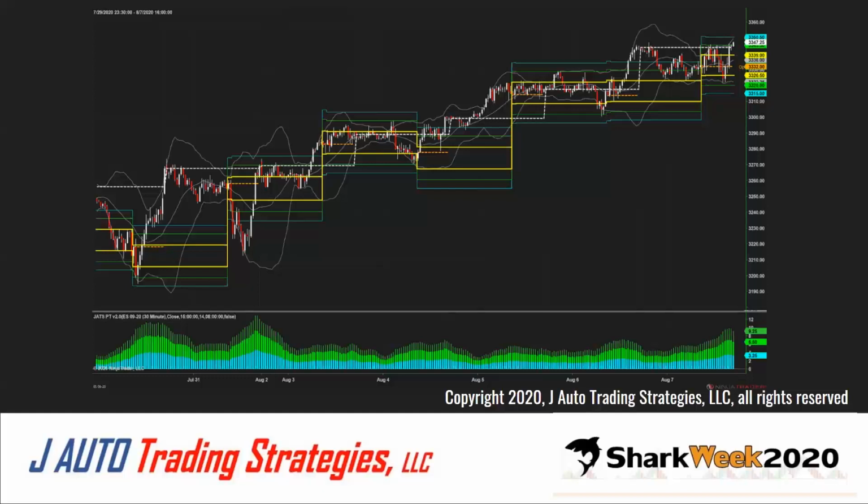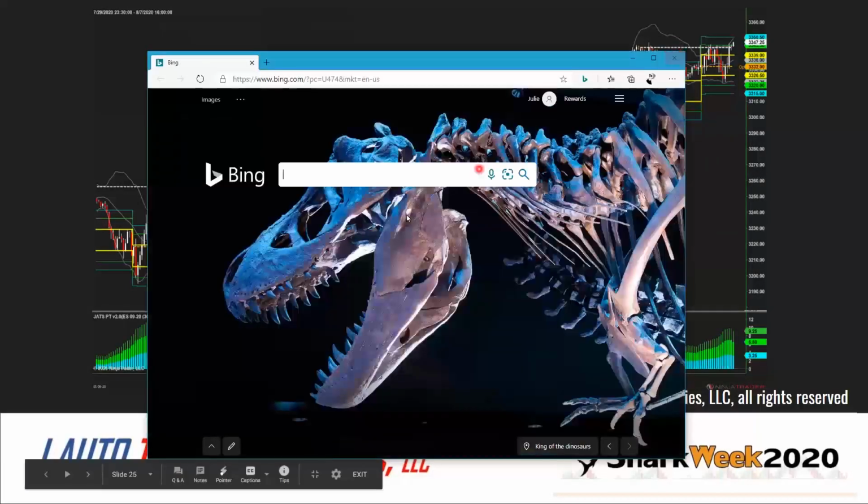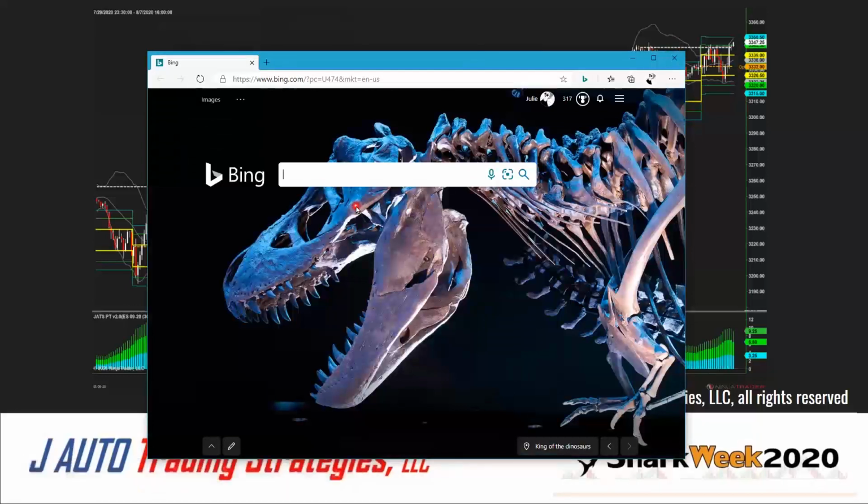I don't know if y'all can, let me see if I can drag this over here. I don't know. Can you see that Bing page? Oh, thank you, Raju. I appreciate that. Yeah, just keep thinking reversion to the mean. Can you see the Bing page on the panel? Did that work? I don't know if you can see the Bing page. Oh, you do see it? Okay, good.